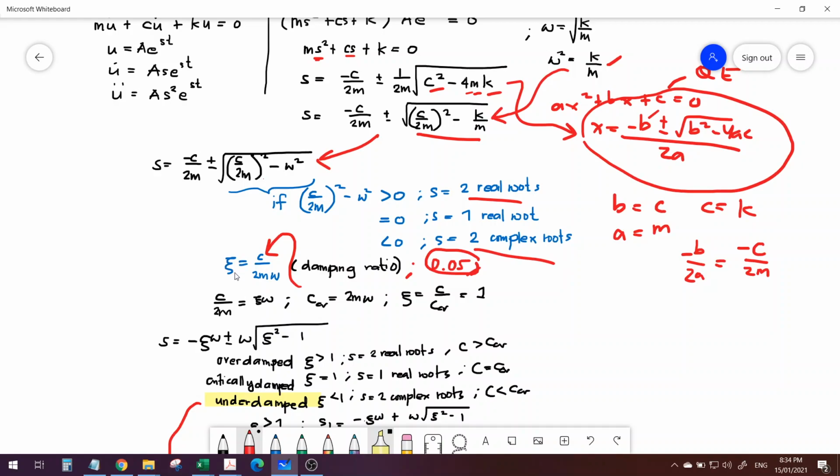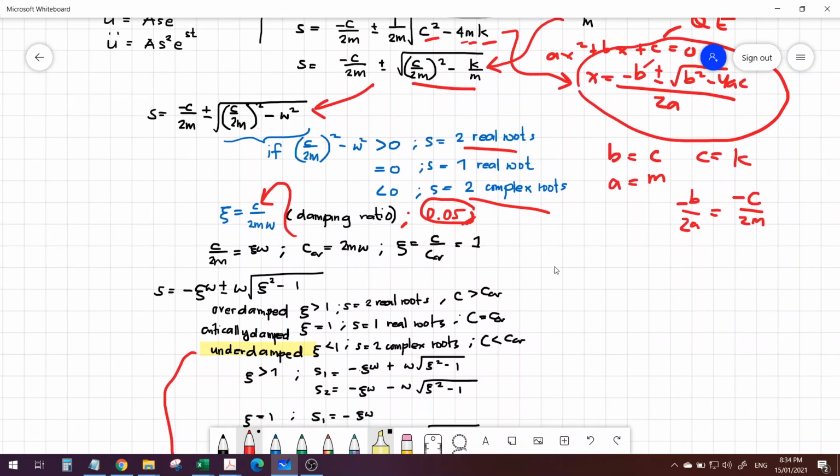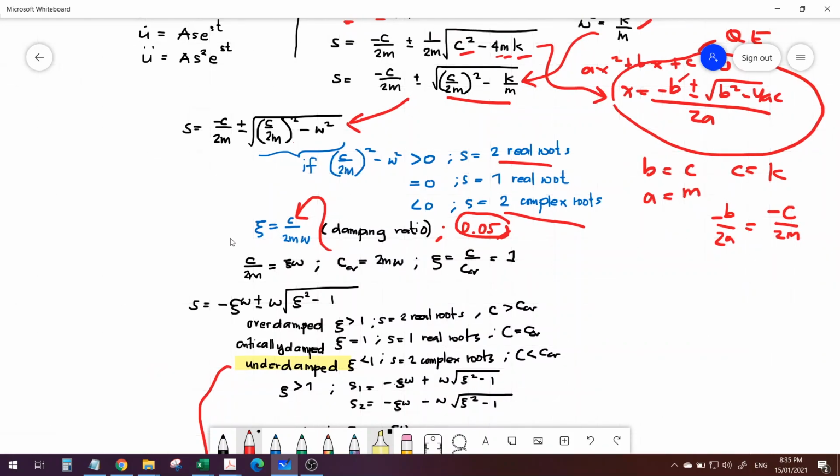Okay? So our Greek zeta, zeta is equal to damping c over 2m omega. That is why it's called critical damping, because your zeta will be equal to 1 if your damping equals c critical, which is 2m omega. So your zeta will be equal to 1. Since we introduced the formula zeta equals c over 2m omega, which is the damping ratio, which has a physical application talaga on a typical structure,